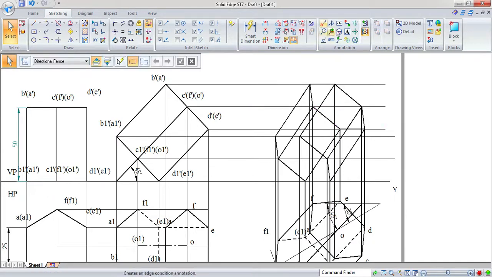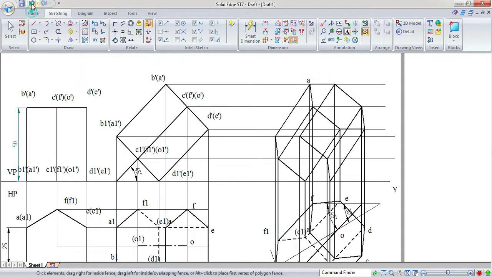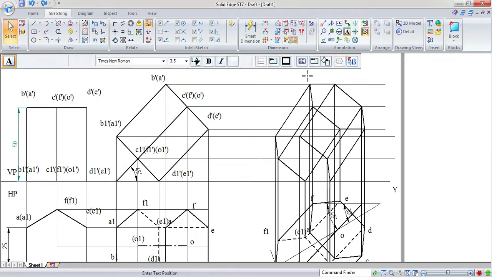Okay, first we'll write the annotation, so afterwards we can make the hidden edges. So A, B, C, sorry, this is front view, so we have to use the annotation as A dash. Now this is B dash, C dash, now this will be D dash and E dash, and finally F dash.